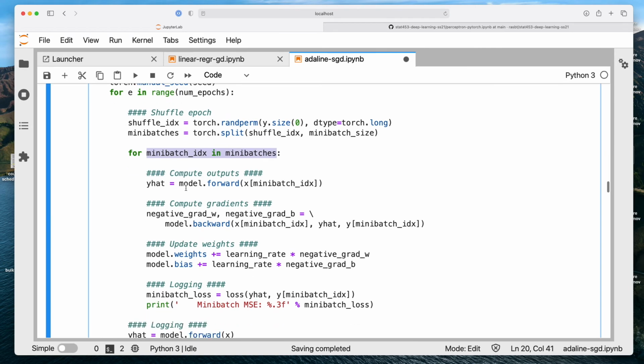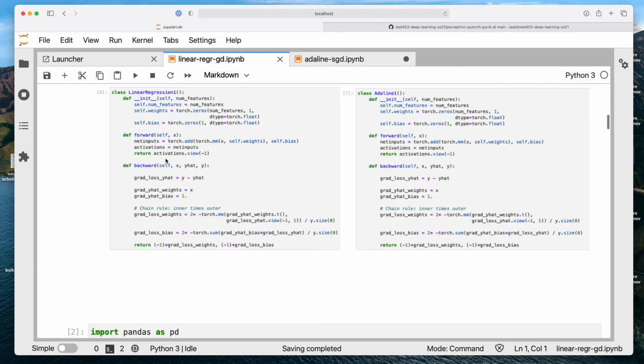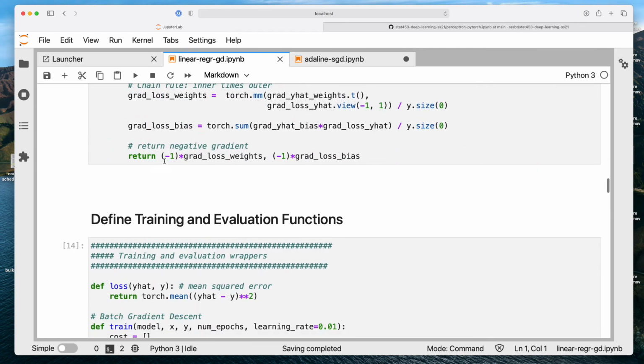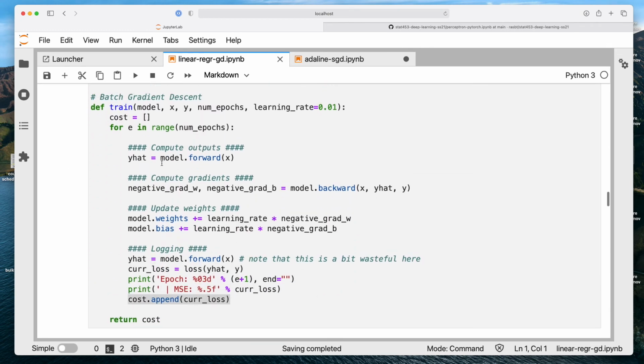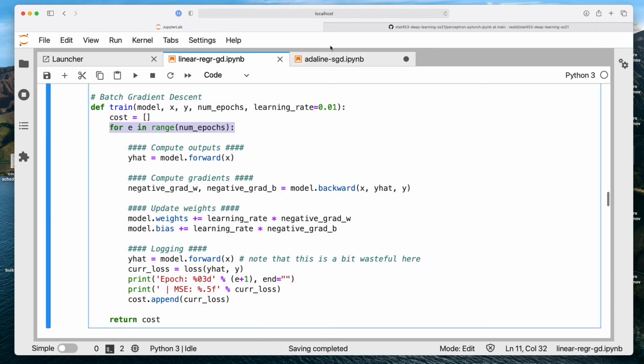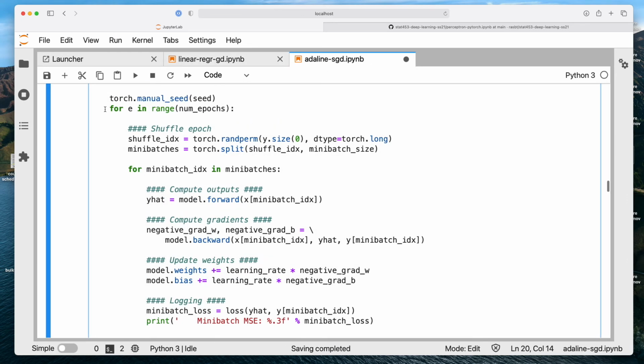So before, maybe just showing that side by side. Yeah, before we are just iterating over the epochs here. Here we iterate over the epochs, and inside we also iterate over the mini batches. So I'm creating a mini batch here.